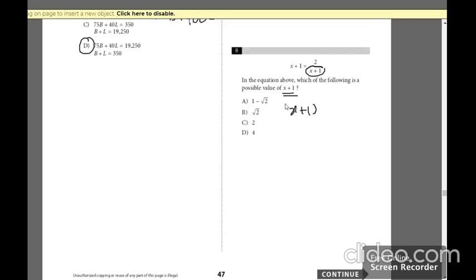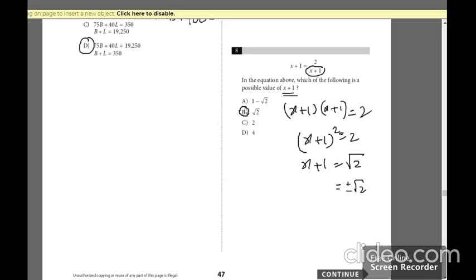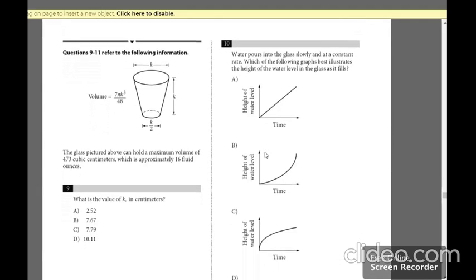Upon multiplying both sides, this cancels out and we get (x + 1)² = 2. You don't have to expand it, just transfer this power, which gets converted to the radical sign, which we already know is plus and minus. Check your options. You have only positive in the choices, so that itself would be your answer. Quickly move on to the next one.